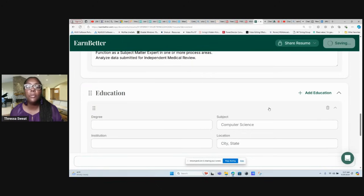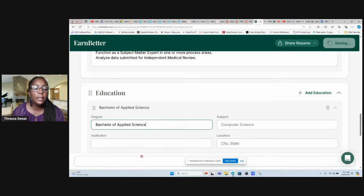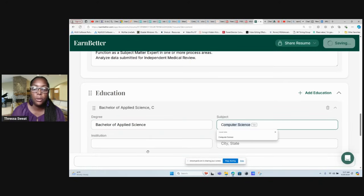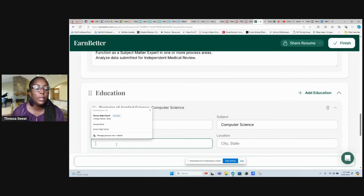As you know, if you've never been to college before, you're going to put high school diploma. But if you've been to college before, you're going to put whether you have an associate's degree, bachelor's degree, master's degree, you're going to put it there. So I'm going to put down, I went to college and I got a bachelor's in applied science and computer science. Okay. And I went to, I'm going to say,